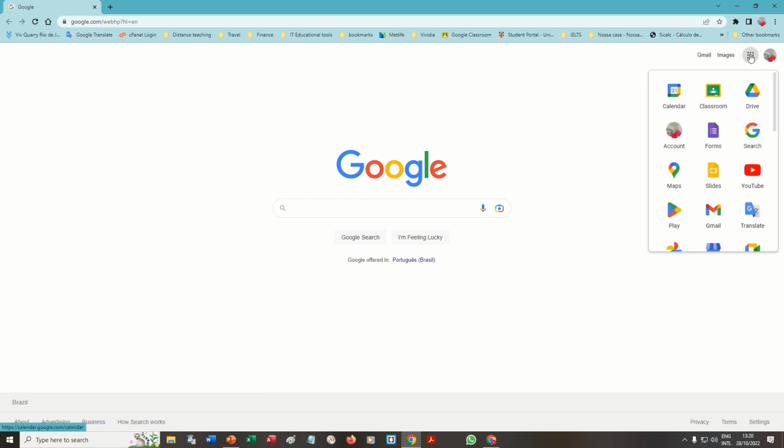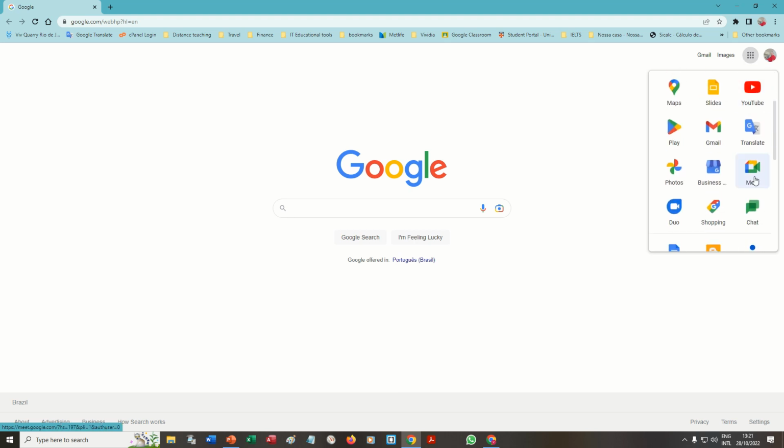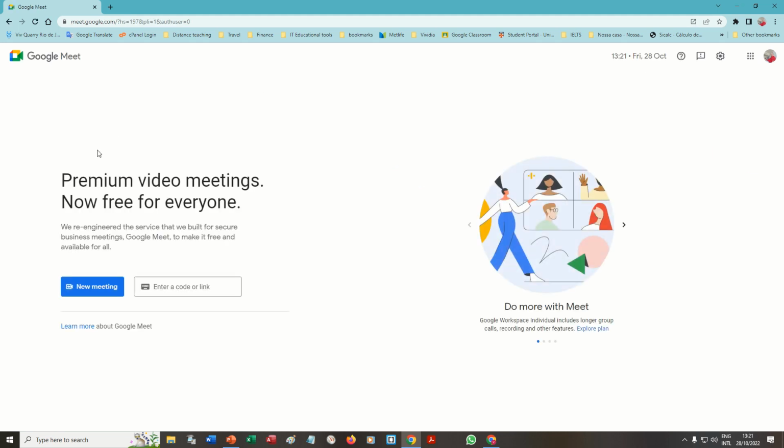applications that you can find in these 9 little dots here, the Google Apps box. So you click on this, and then you need to look for a little TV camera. Okay, now here is a TV camera which says Meet. You click on this button, and to practice you just need to click on New Meeting and then Start an